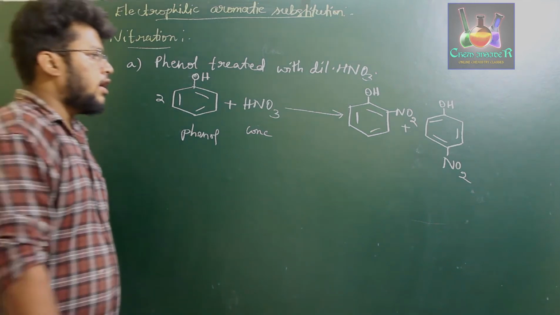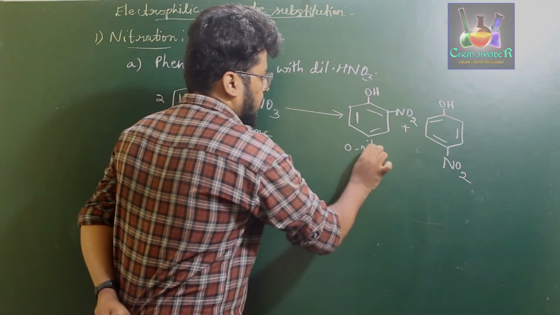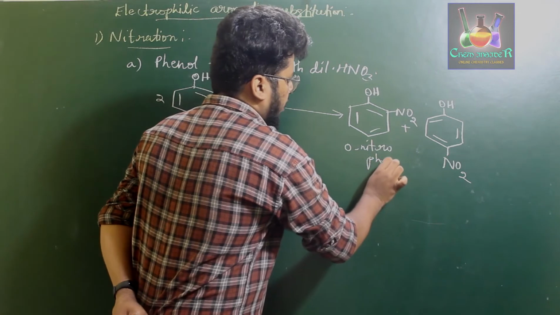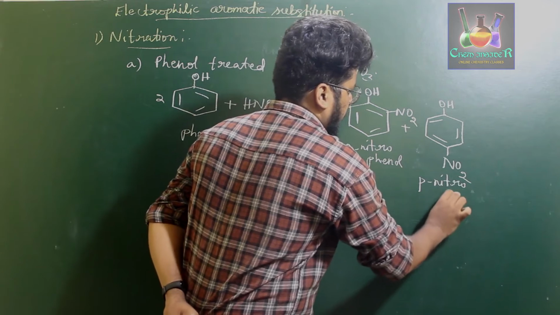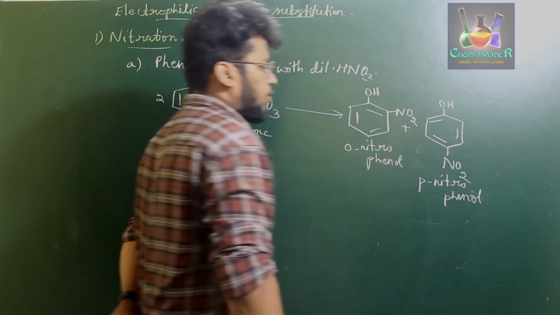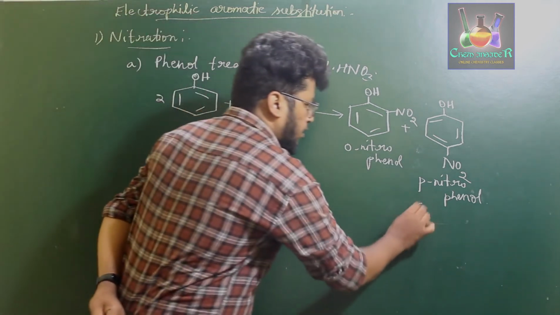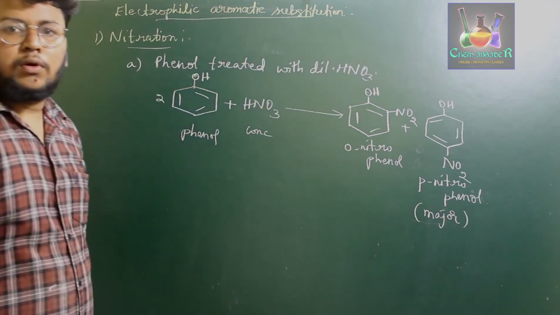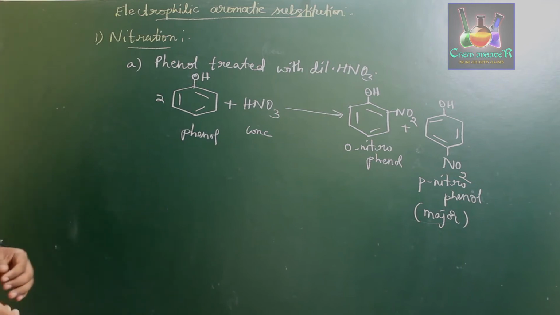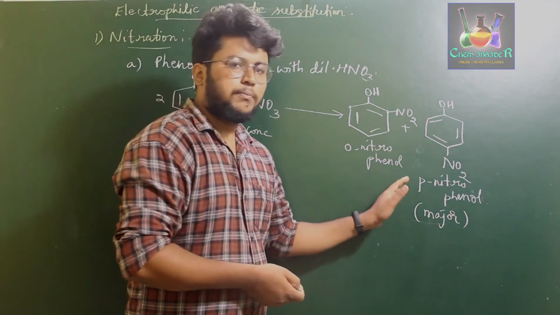That is because orthonitrophenol is more volatile when compared to paranitrophenol. Orthonitrophenol is more volatile when compared to paranitrophenol. Therefore, paranitrophenol is a major component as it has a very less volatile nature. So what happens for this variation in volatile nature is because orthonitrophenol and paranitrophenol both undergo